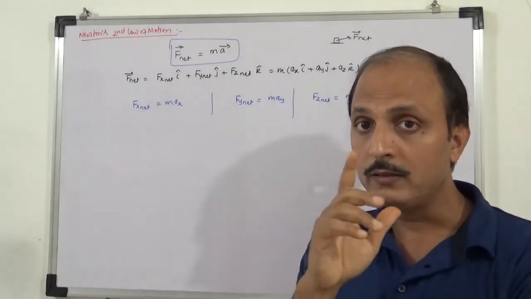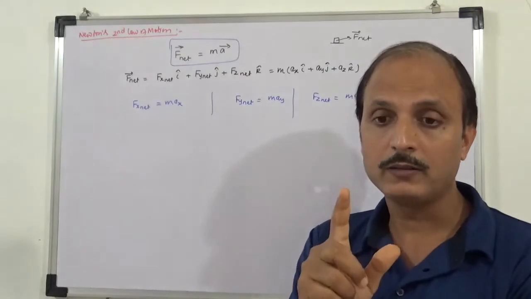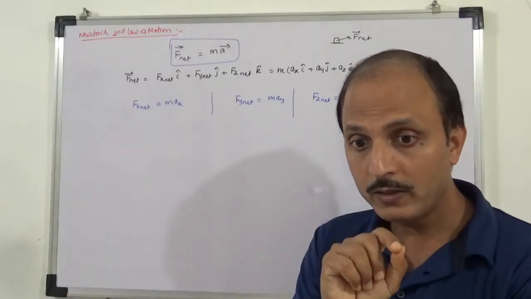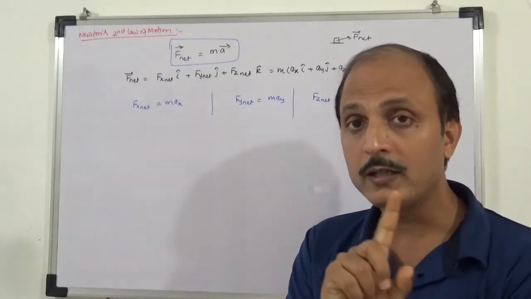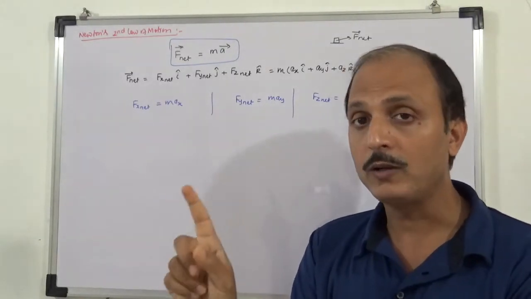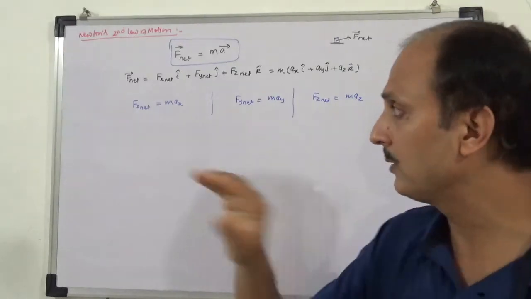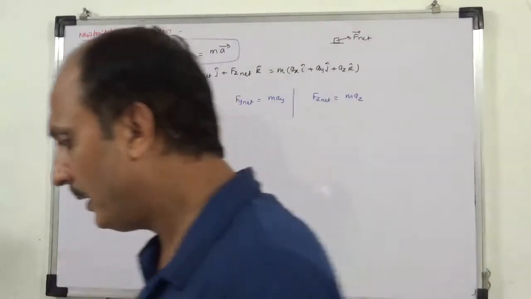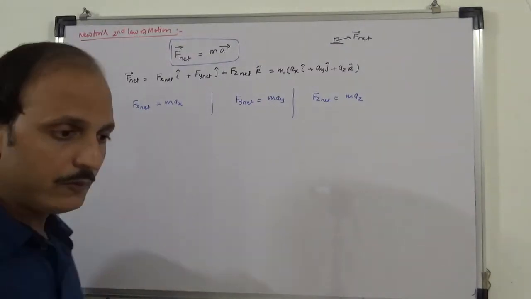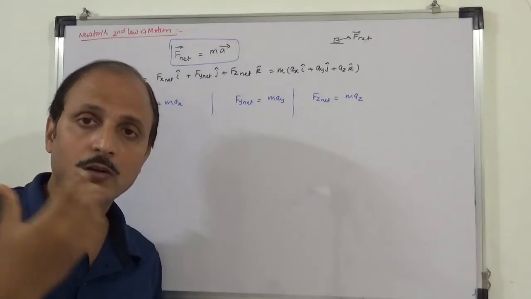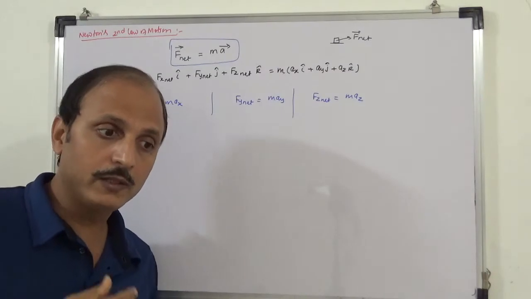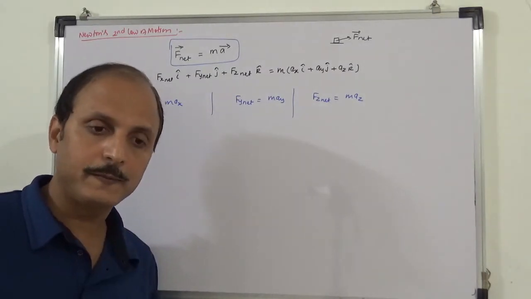Velocity along x is responsible for displacement along x. Velocity along y is responsible for displacement along y. Acceleration along x will be responsible to change the velocity along x. Acceleration along y will be responsible to change the velocity along y. And that is very, very important. I am saying the same here. You have to draw the forces and see the forces along x, y or z, or you can just write net force. If you are writing net force, then net force is equal to mass times acceleration.